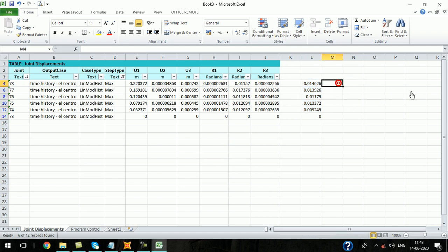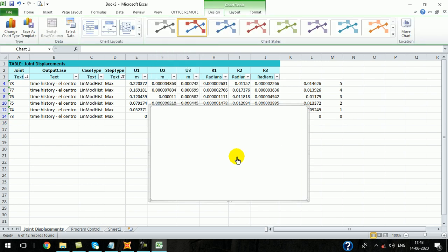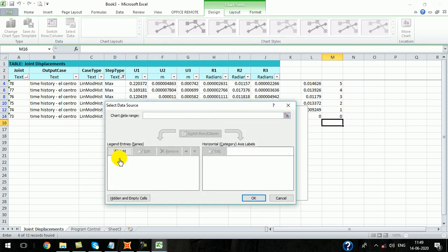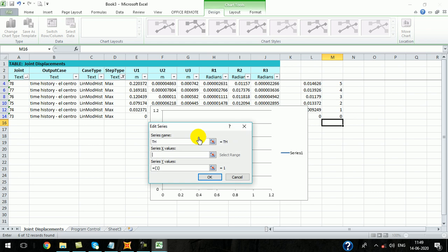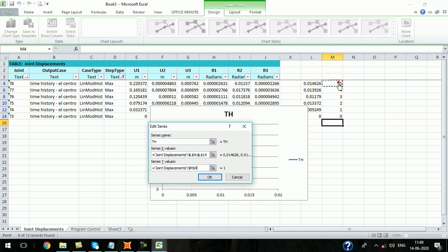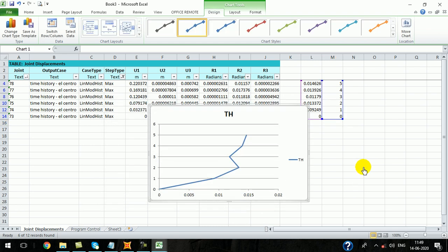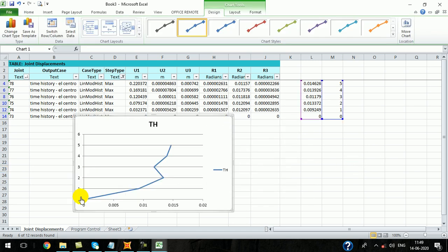Now how to plot all these for the number of stories? 5, 4, 3, 2, 1, first story and 0. To plot this, select data, add time history. In the x-axis story drift, and in the y-axis number of stories. So we should plot like this. This is the story drift values for the function.